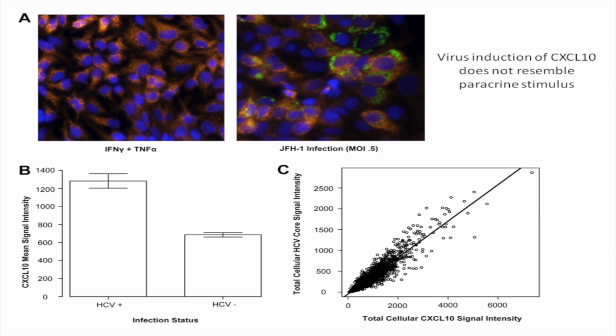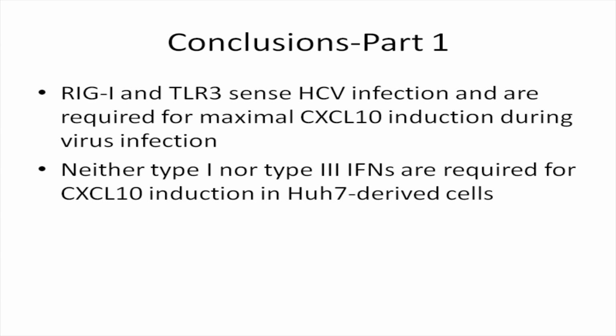So the viral pattern of induction of CXCL10 does not look like a paracrine stimulus, and further supports our argument that it's not that interferon has no role, or any sort of secreted molecules have no role in CXCL10 induction. So the conclusion for this part is that RIG-I and TLR3 sense HCV infection and are required for maximal CXCL10 induction during virus infection, and that neither type 1 nor type 2 interferons are required for induction of the chemokine